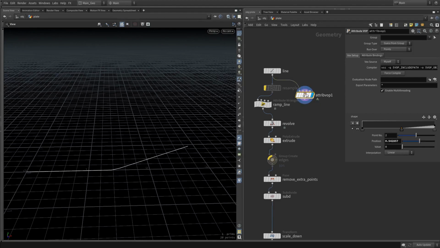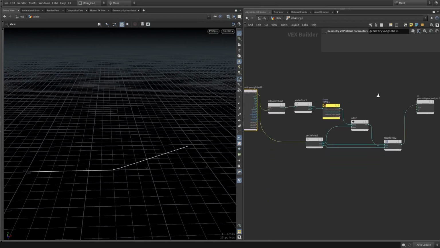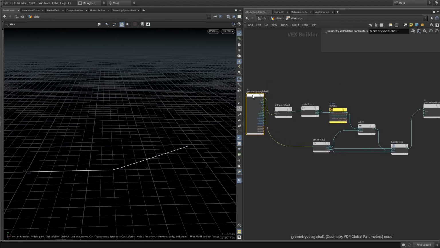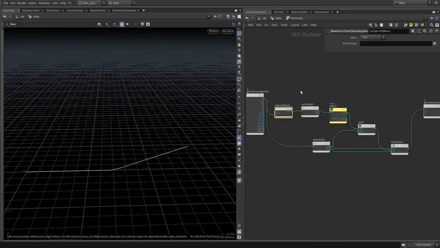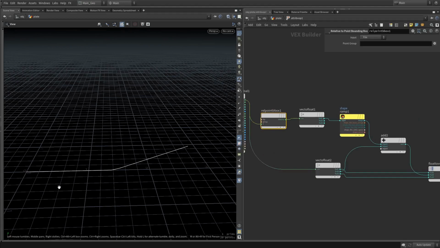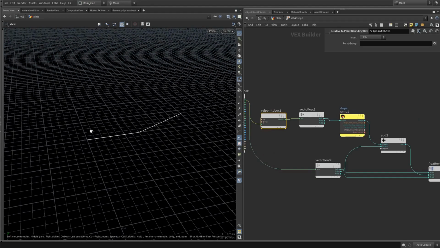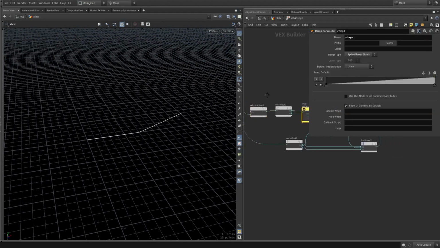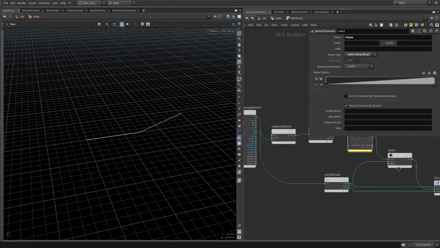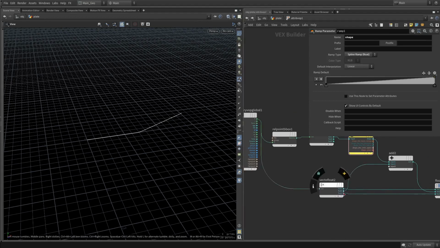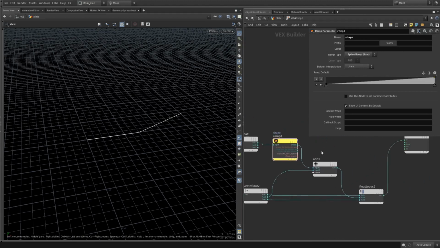So here we have an attribute VOP that I created just to replicate the setup. Now what I've done here, I'm taking the position, relative to point bounding box, and from that I only isolated the x-axis because this is going along the x, and I added a ramp, which you can see this is the effect of the ramp, and I isolated the vector here where we have x, y, and z, and I added the value to the y, and then I added it back